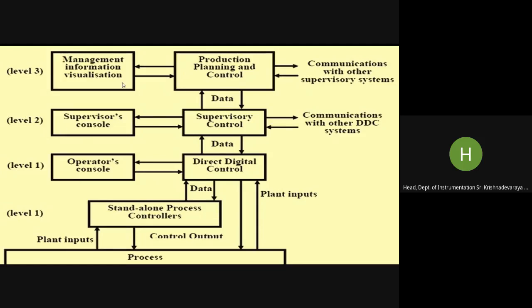So this is what we normally call a hierarchical approach, a hierarchical system, in a typical automation or typical computer applications in the iron and steel industry. What you need to remember is, it's like a story where it goes. This is a very general block diagram of computer applications in a typical process industry.